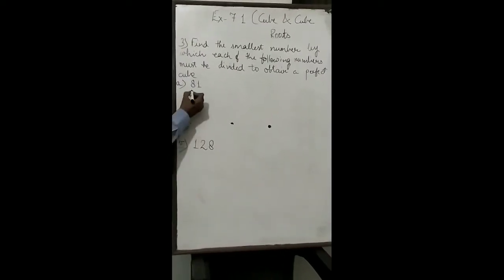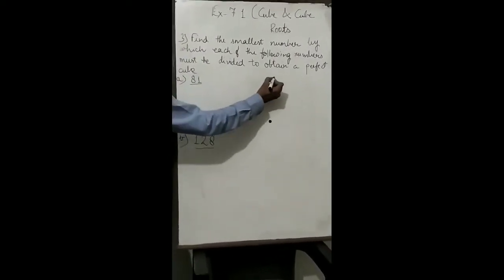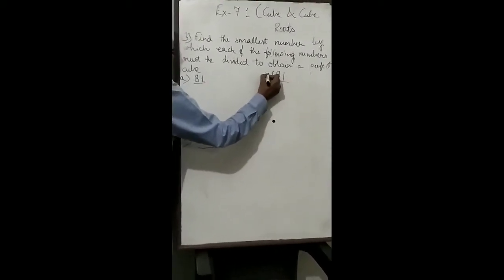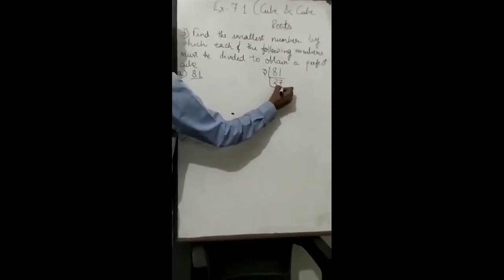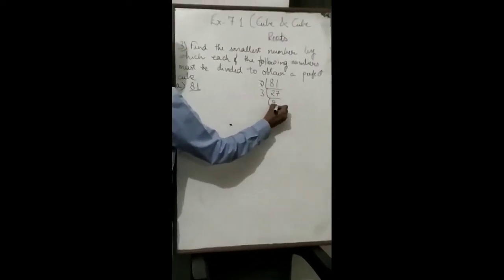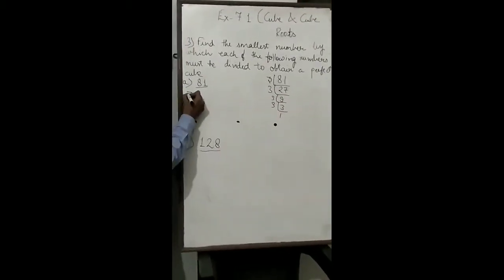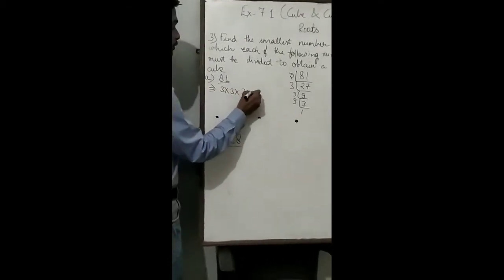How? Let's see. Again these are some questions which are available. The first value is 81. So simply you have to find the factors of 81. It will be cancelled from the table of 3. 3 2 are 6, 3 7 are 21. Then 3 9 are 27. Then 3 3 are 9. Then 3 1 are 3. And after this you have to note down all the factors here. That means 4 times 3.